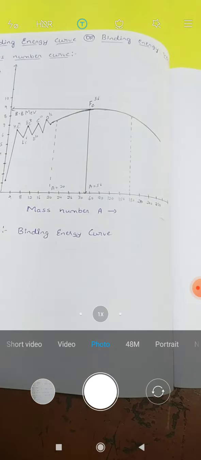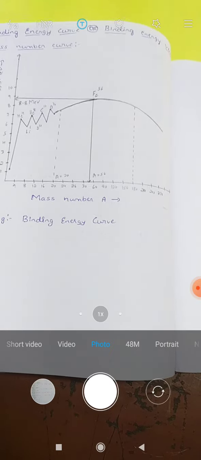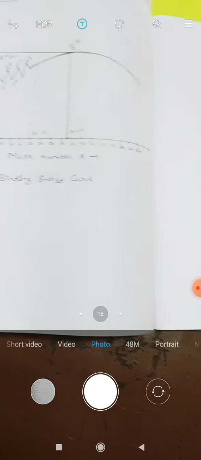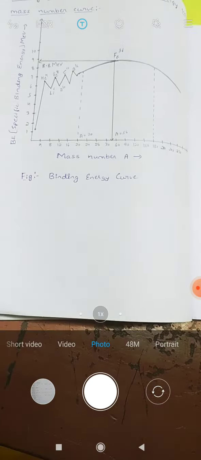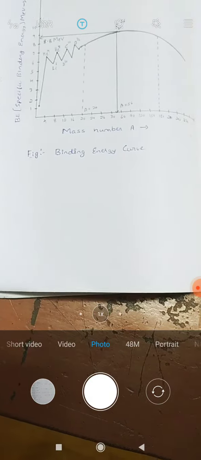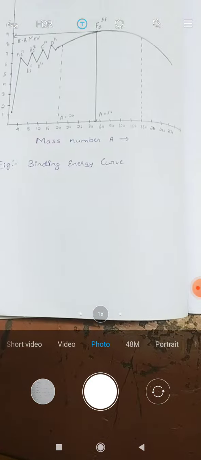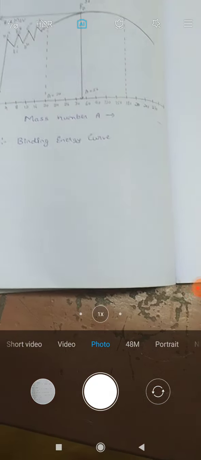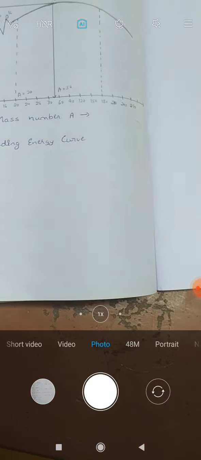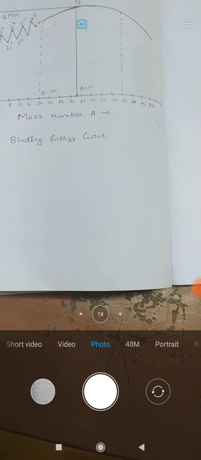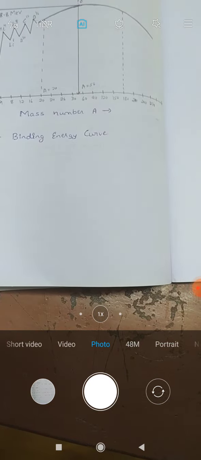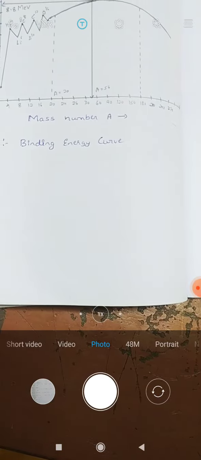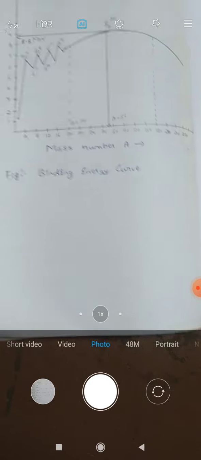The heavy nucleus has more specific binding energy compared to the specific binding energy of the lighter nuclei. In nuclear fusion, the heavier nucleus formed has more energy than the 2 lighter nuclei. So this results in the liberation of energy. In general, in a nuclear reaction, the product has a greater binding energy than the reactant. Then in this process, a large amount of energy is released. In the nuclear fission process, a very large amount of energy will be liberated.